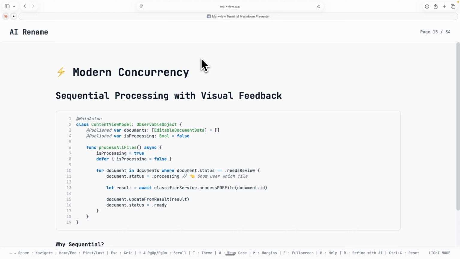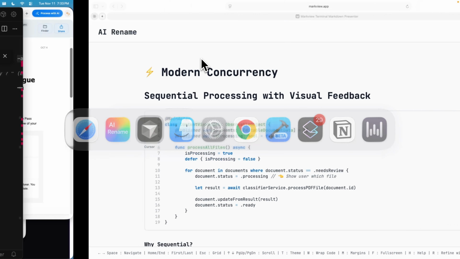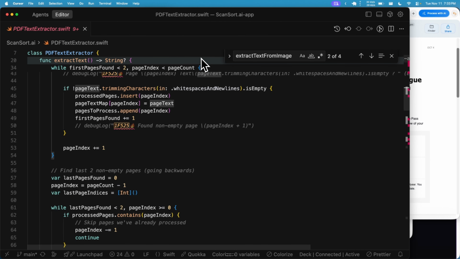Yes. Looking at this code right here, I can see that the AI gave you older SwiftUI, and now you're using the Observable macro, which is the modern way of doing observable objects. It gave me a lot, and when you don't know what to ask, at first I saw the stuff and thought, that is really super old. You can also use async await. It was doing different things. And then I moved to Swift 6, I think, and then you have strict concurrency. And then I did a pass where I cleaned up a lot of those.